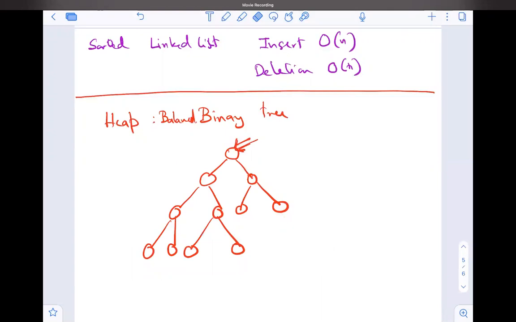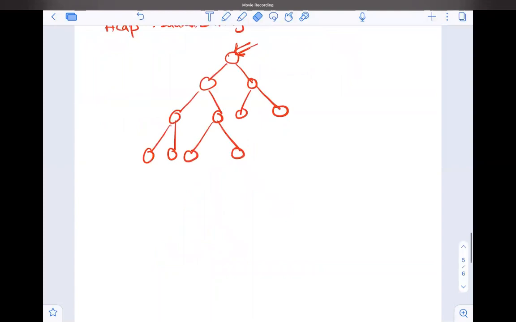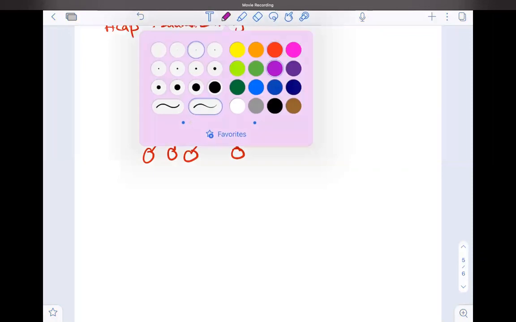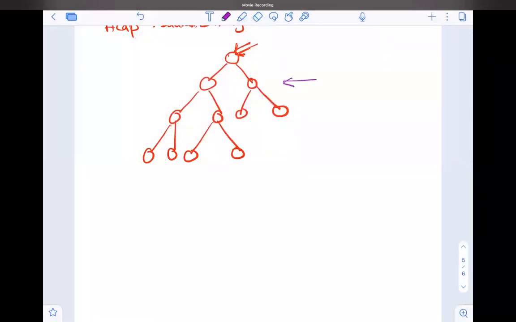Okay. So is this definition of balanced binary tree clear? Could you please repeat once again? Yeah. So what is a balanced binary tree? See, you can see that there is an ordering from each layer. For each layer, I can have an ordering from left to right. I can give you the formal definition, but